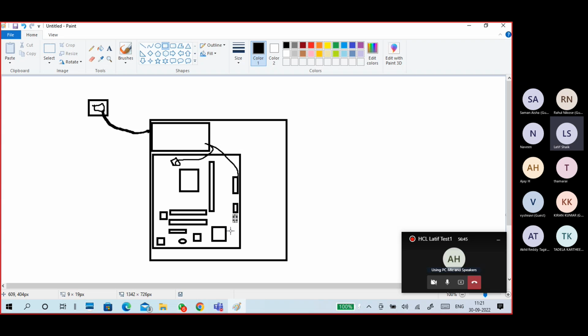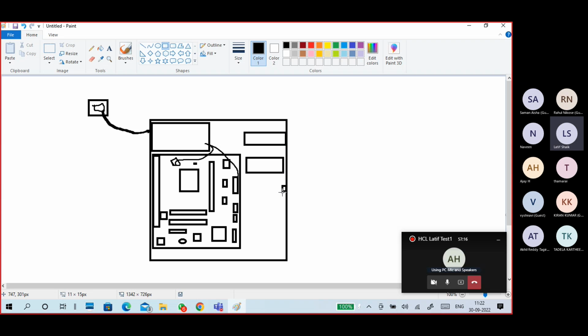Hard disk SATA connectors, front panel connectors. So many connectors are there, and many other chipsets also. CPU fan connectors are there, and the back panel connection is also there, and you have a hard disk, and in case you have a CD-ROM,